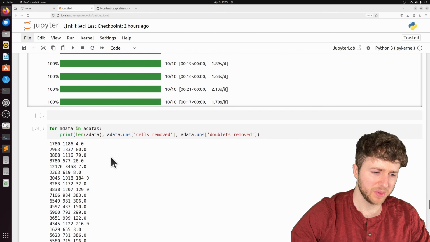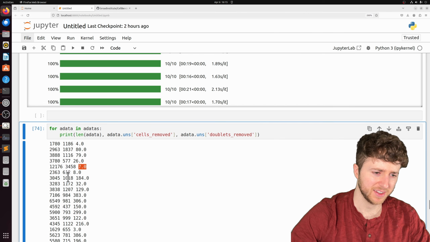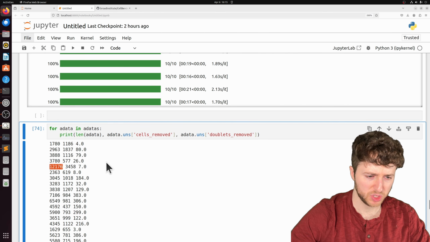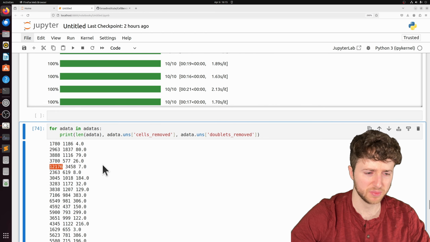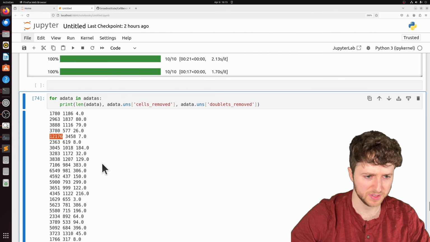So we would expect more than 7 doublets, for example, in an AData object with 12,000 cells. I might actually change the default or recommended parameters for the doublet removal, but let's take a look at a couple of these.